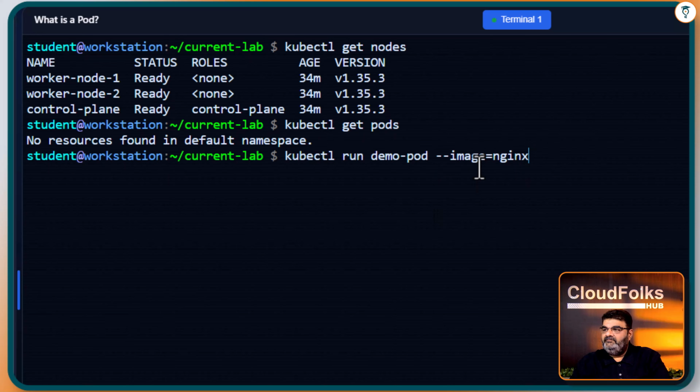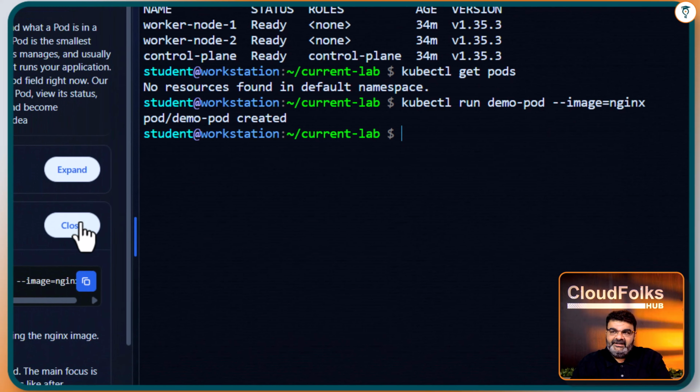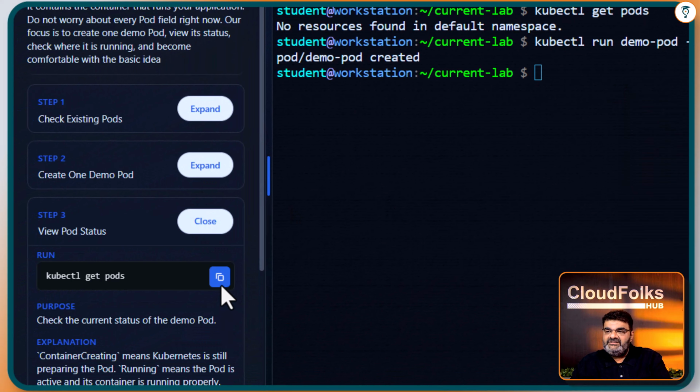Okay. So it is going to create one pod. Pod name will be demo pod, and it will create one container inside this, and the container will use Nginx image. Nginx image is readily available on Docker Hub, so it will download this image and it will create container for us. Okay. If you want to see the status, you have to give command kubectl get pods and you will